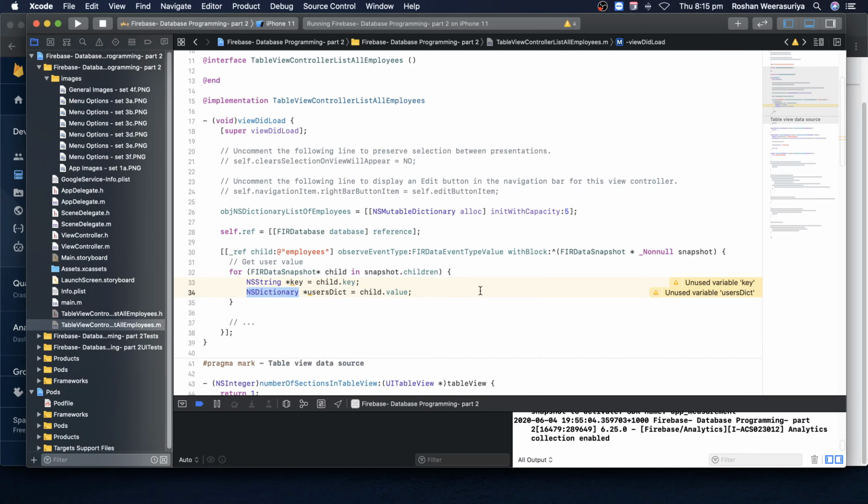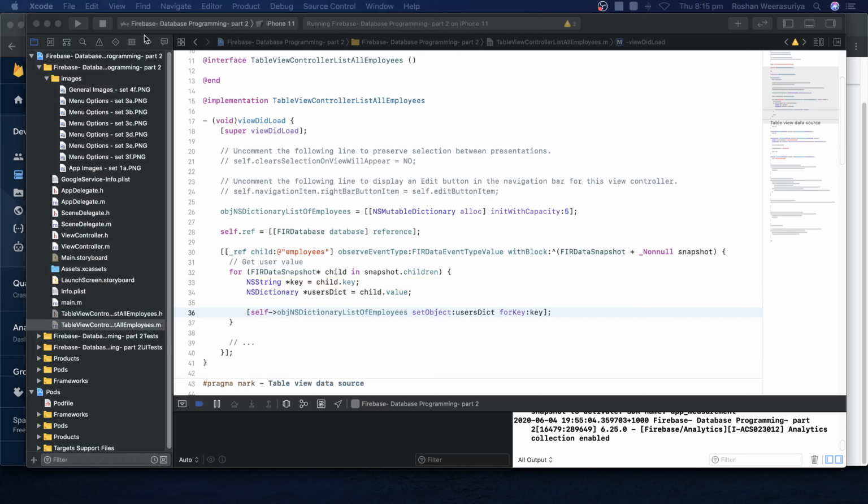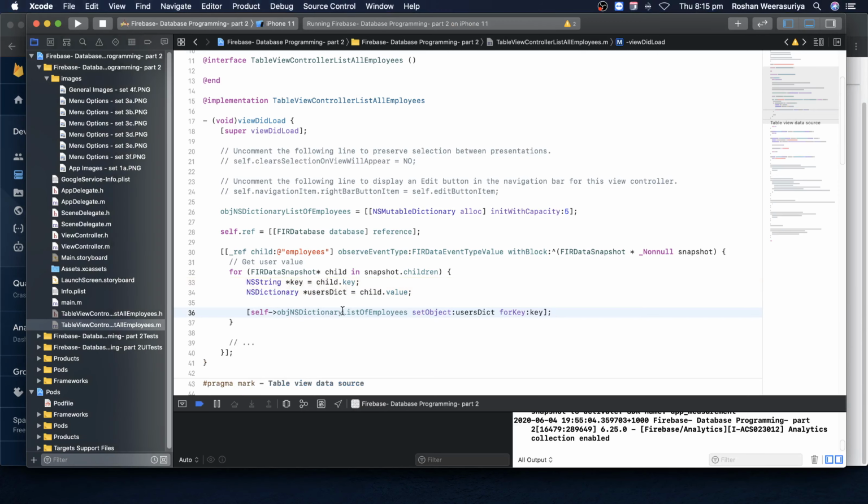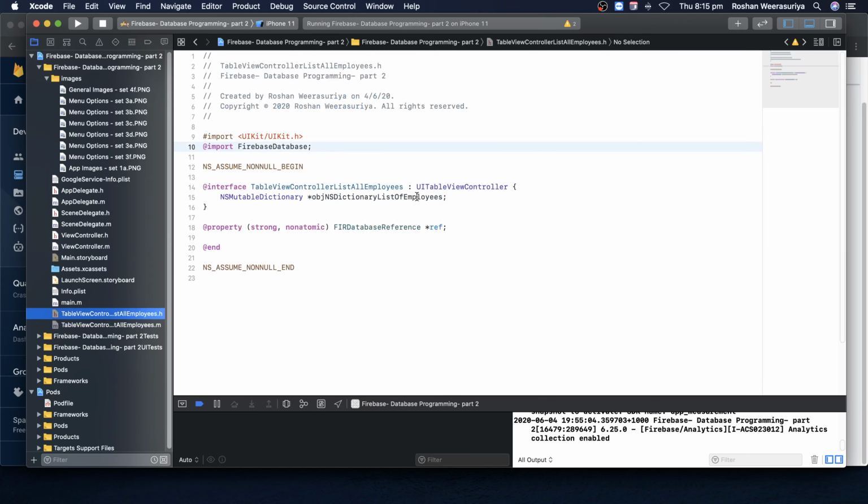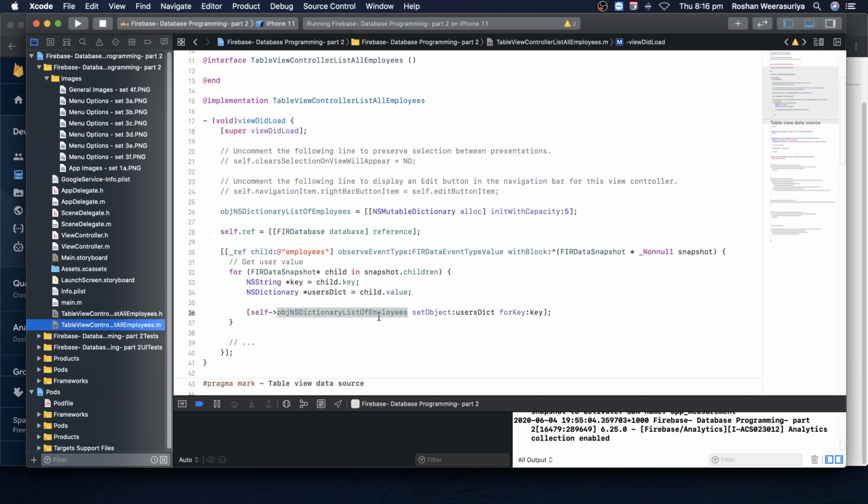What I have to do now is fill my NSMutableDictionary. Let's do it now. On my obj NSDictionary list of employees, I'm going to say self, because I am in a block, I have to refer to it explicitly. I'm going to say set the object. The object is this one,